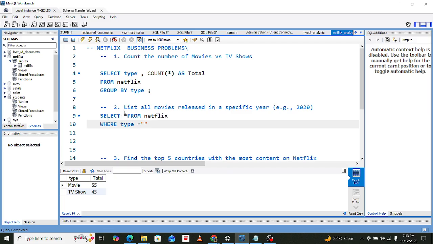In this case you should understand that we are asked to list all movies released in a specific year, so we are going to focus on movies and not TV shows.